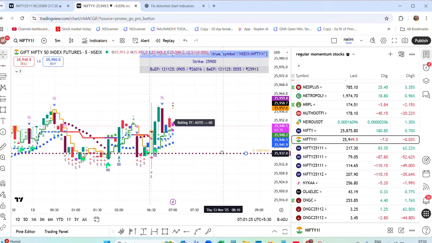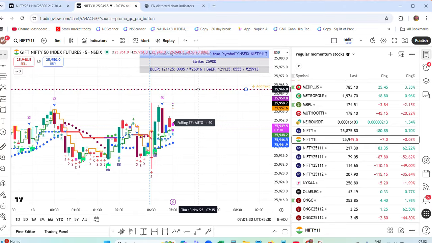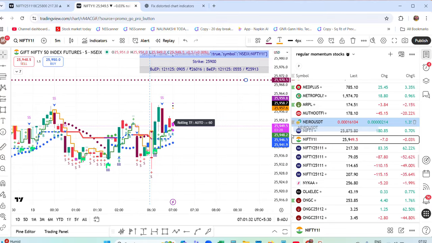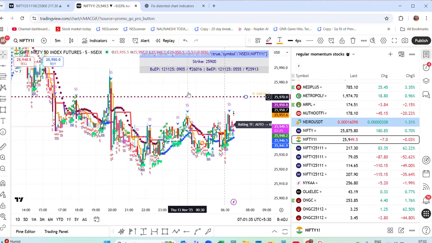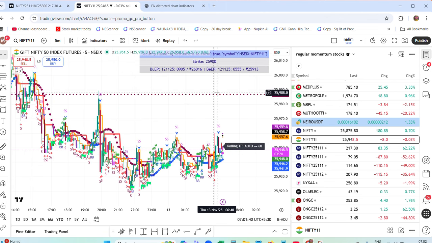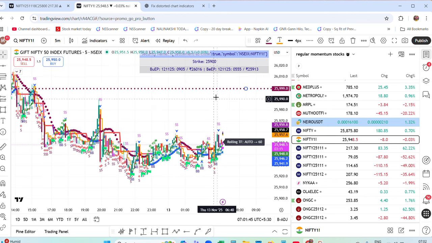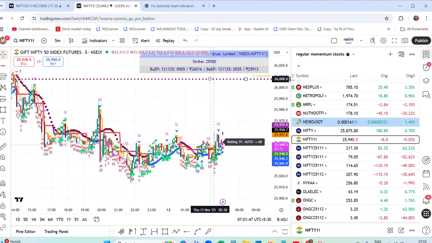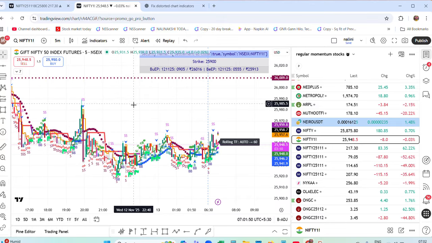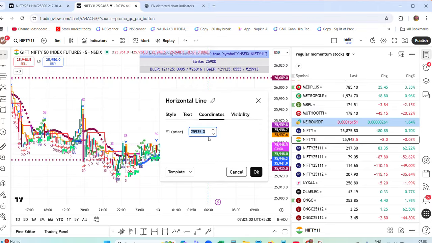And it has a bullish episodic pivot at 26,060. Let me mark that. 26,060. Okay, here. And the bearish one is 25,930. I'll adjust the coordinate to